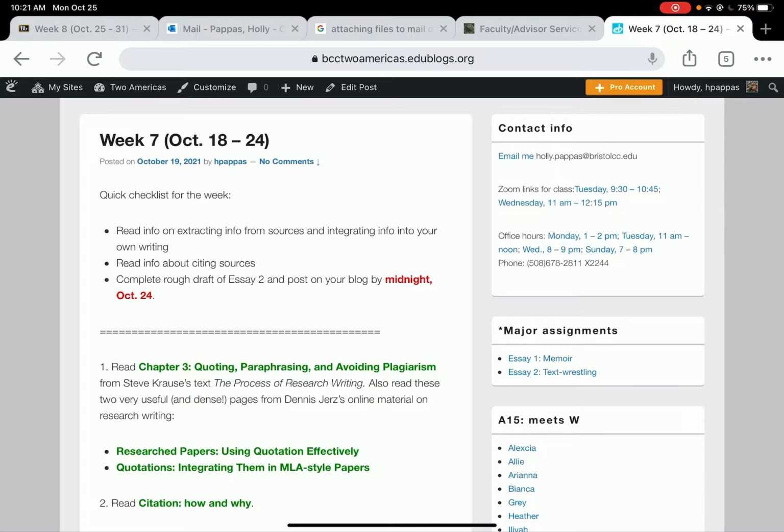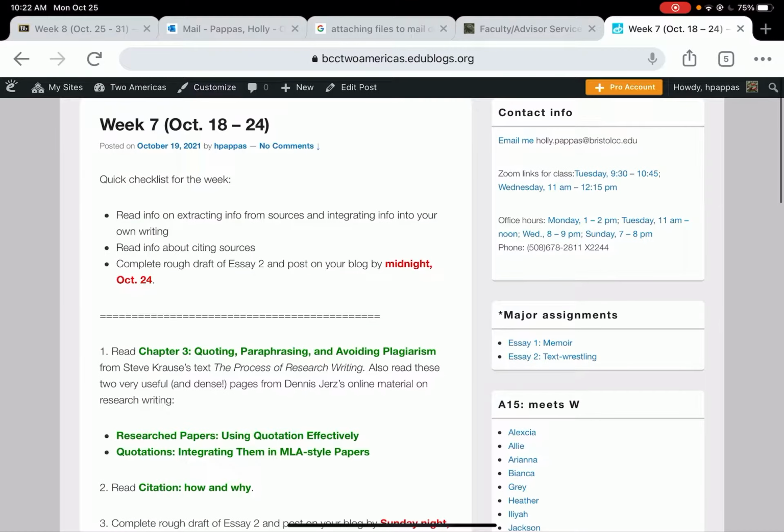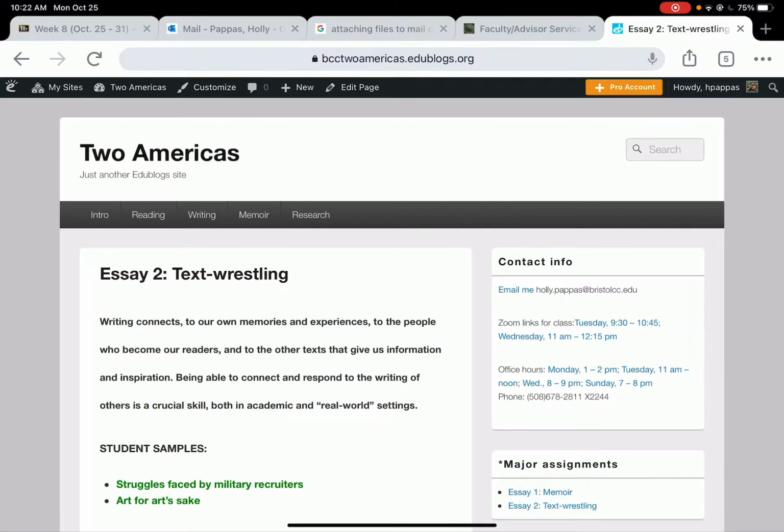issue. But let me quickly go over the assignment for last week, and then hopefully you've been able to get started with it since the information is here. I'll try to highlight the things that I talked about in class. So the basic assignment is to finish the rough draft of SA2. So let me just get this up.